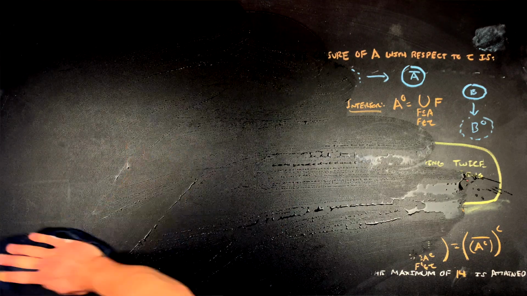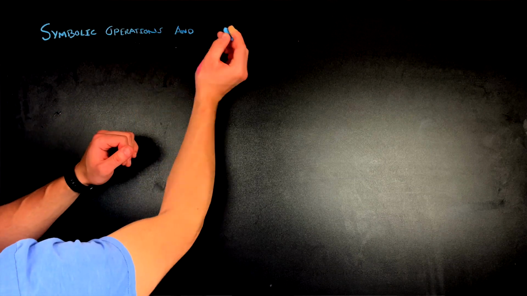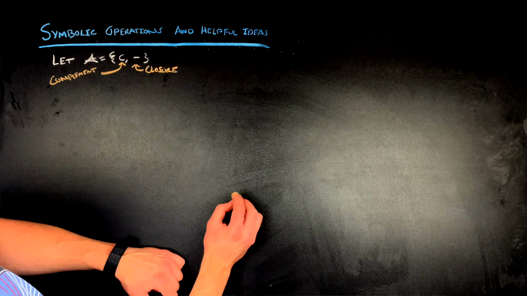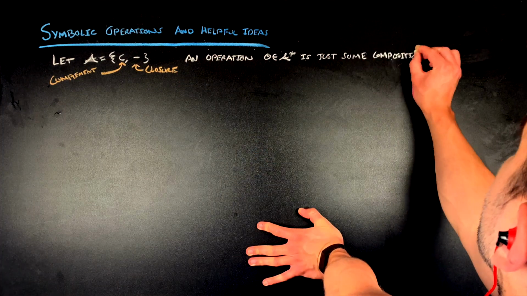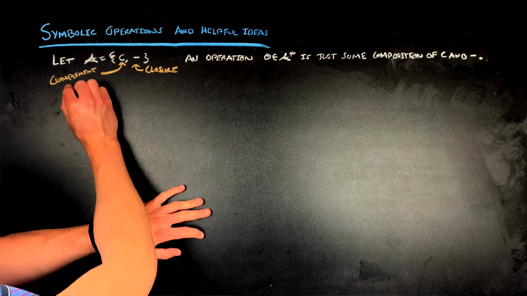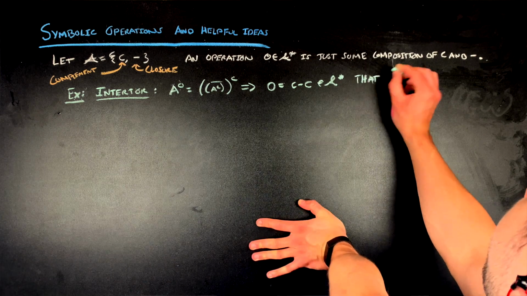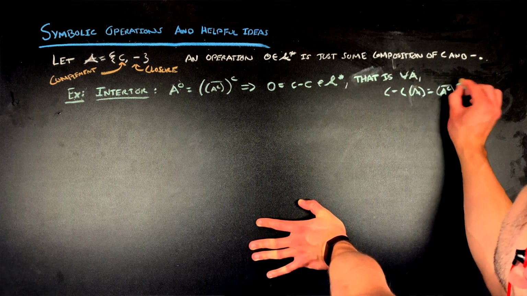But before we get there, it's going to be helpful to build up some language and notation around this global thought of these operations instead of thinking of them operating on a set by themselves. So first off, since the strings of these operations are going to get quite long, I'm going to use a symbolic notation on an alphabet of C and bar, for C being complement and bar being closure, respectively. So for example, the string for the interior operation would be C bar C. And so C bar C of A is the same as taking the complement, then the closure,